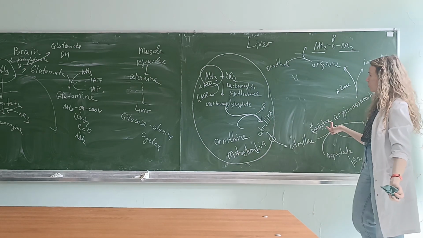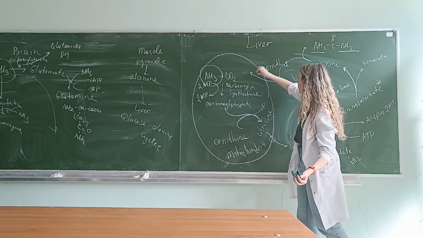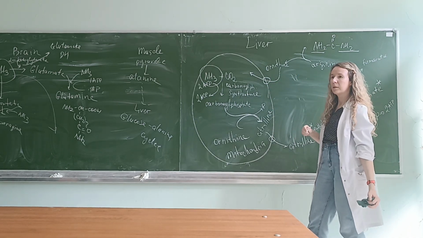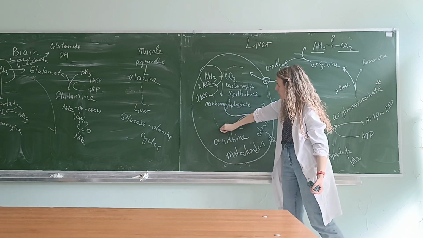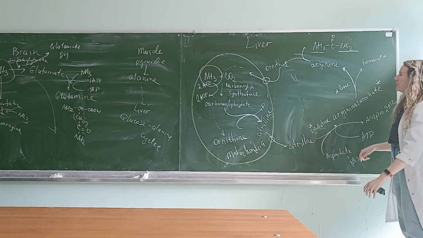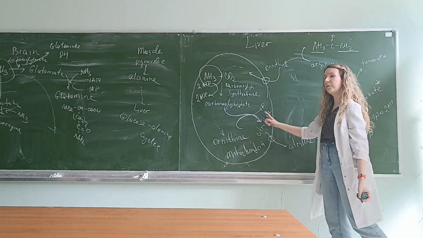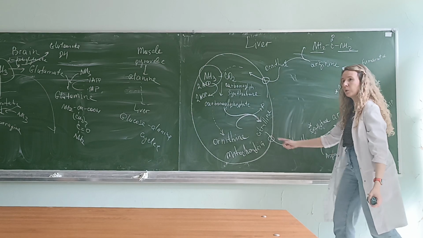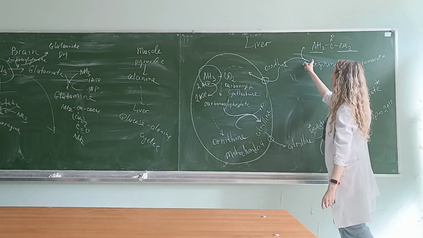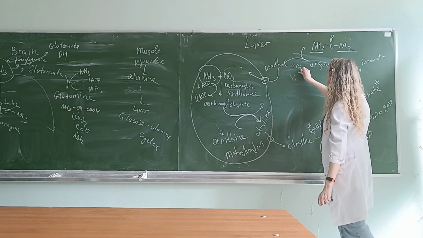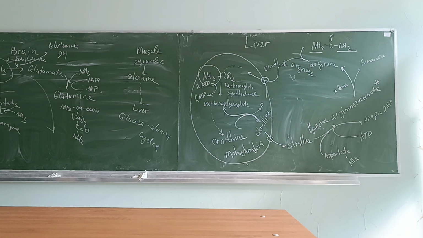And what we will do, we will return ornithine into mitochondria. Do you remember? In my drawing it's the wrong destination, but we will use ornithine again in formation of citrulline. That's why it's called a cycle. Arginine is degraded with the help of arginase.